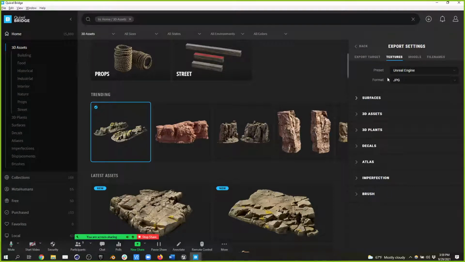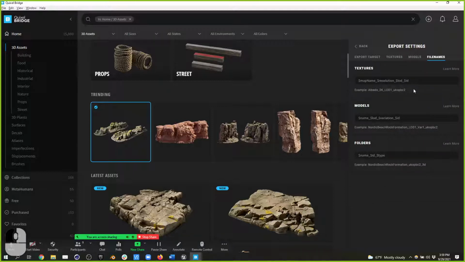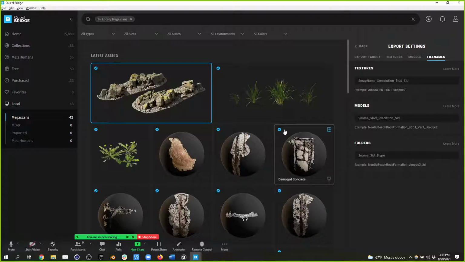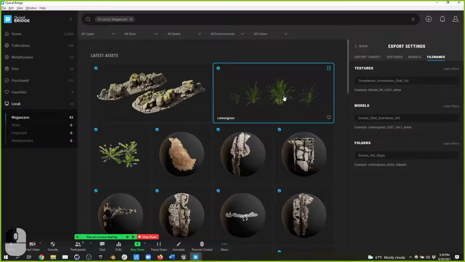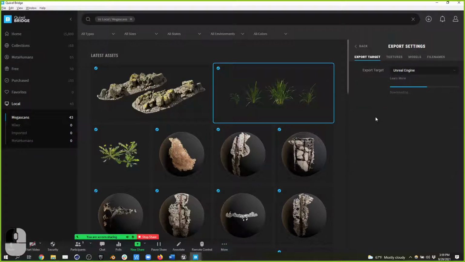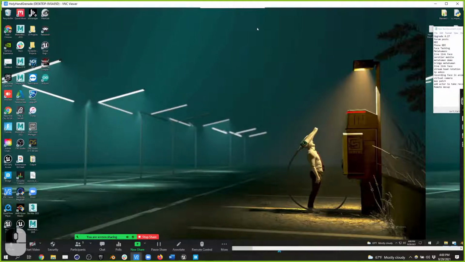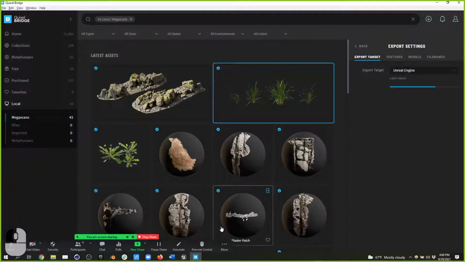So you can also look at other settings for your exports. And let's look at some of the things I've already downloaded. Any questions so far? I just can't wait to get into material instances. I figured that the